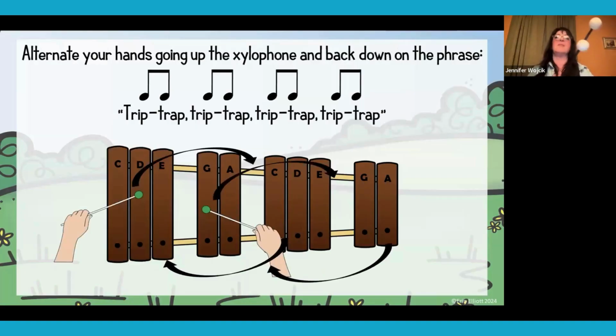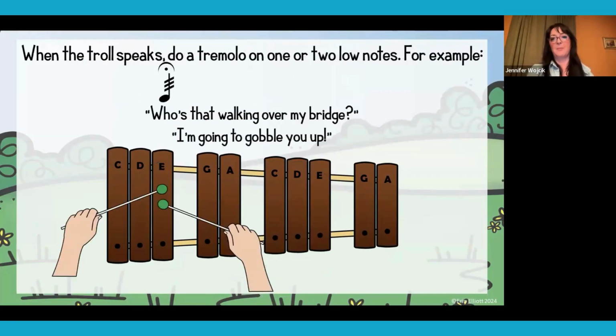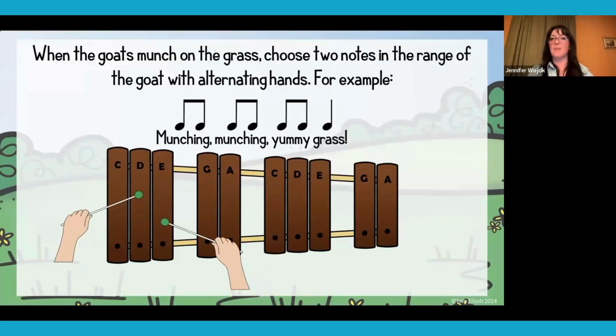And we go through and you can see we've got different examples. We've got our trip, trap, trip, trap, trip, trap, trip, trap, and so on, going up and down, and bringing in those techniques for the instrument, for the xylophone, and those musical elements, looking at the rhythm that we're using, reminding them of the ti-ti versus the ta and how those rhythms sound, using words to help reinforce the rhythms, all things that are bringing in the music elements while reinforcing what happens when we're telling a story. Okay, and there's just some more using the tremolo,